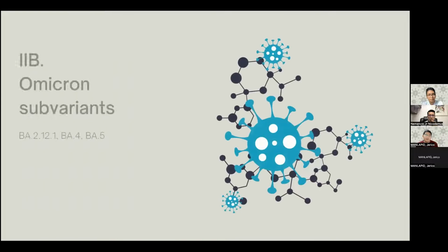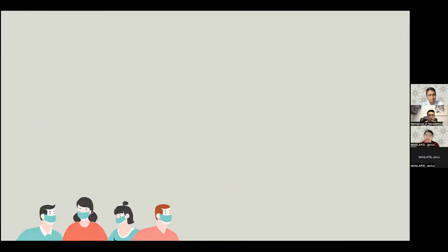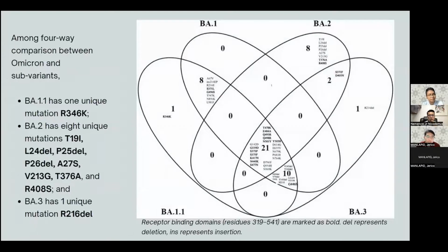So next, the Omicron subvariants: BA.2, BA.2.12.1, BA.4, and then BA.5. This one's a good Venn diagram comparing BA.1, BA.1.1, BA.2, and BA.3. So ito yung mga older subvariants before we tackle the newer subvariants. So among the 4-week comparison between Omicron and subvariants, the BA.1.1 has one unique mutation, which is the